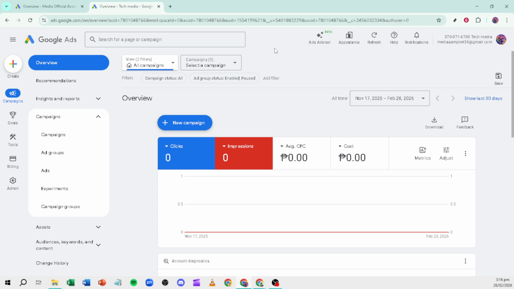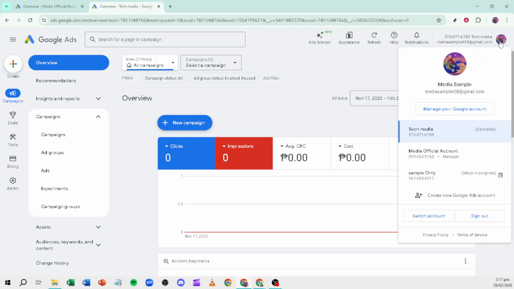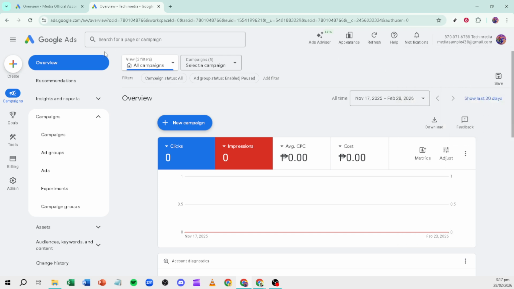First, sign into your Google Ads account. Make sure you're in the correct account or sub-account if you manage multiple. It helps to double check the account name in the top navigation before you proceed, especially if you have similar campaigns across different accounts. Once you're in, look to the main navigation panel on the left and open the campaigns